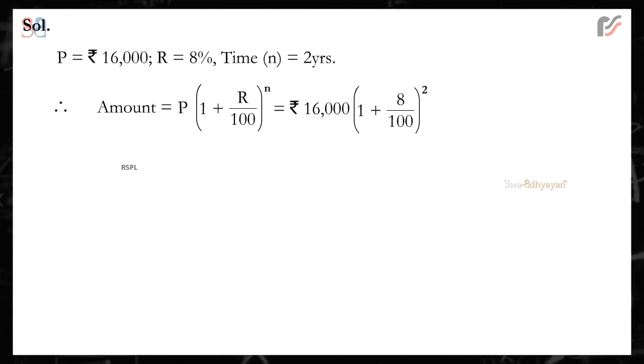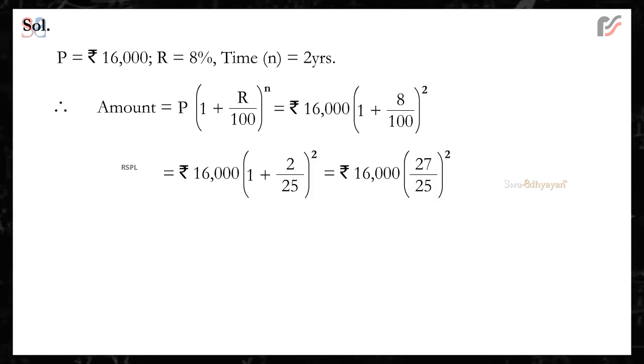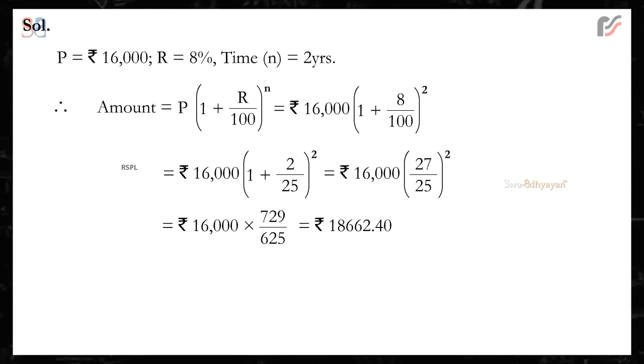Therefore, amount A is equal to P, in the brackets, 1 plus R upon 100, the whole raised to the power n is equal to rupees 16,000 into, in the brackets, 1 plus 8 upon 100, the whole square is equal to rupees 16,000 into, in the brackets, 1 plus 2 upon 25, the whole square is equal to rupees 16,000 into 27 upon 25, the whole square. This is equal to rupees 16,000 into 729 upon 625 is equal to rupees